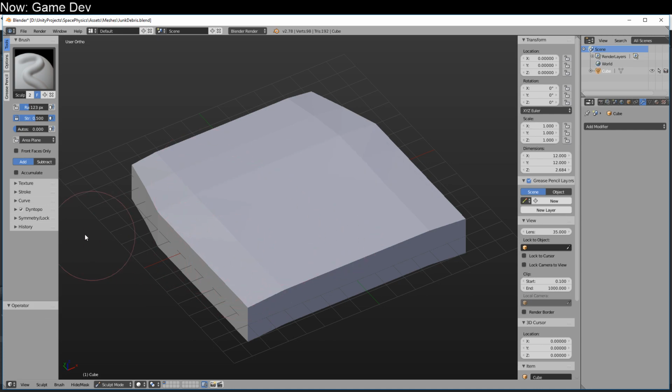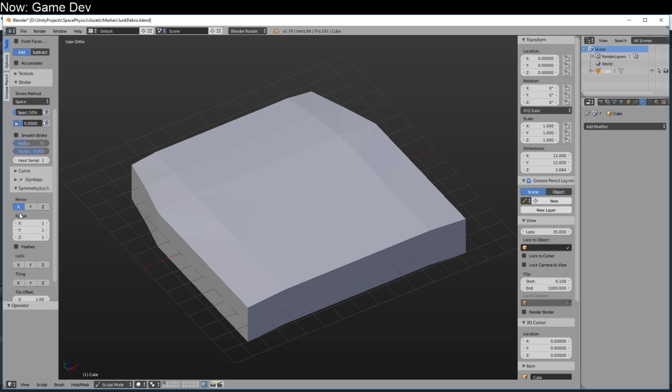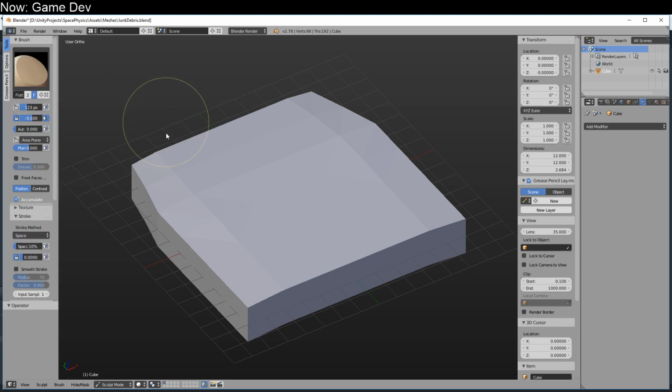Okay, so it looks like I've got mirroring turned on. We'll go ahead and turn that off. Symmetry lock. Mirroring off. There we are. Better. So we're going to want to change from this sculpt brush to something that we can get some armor